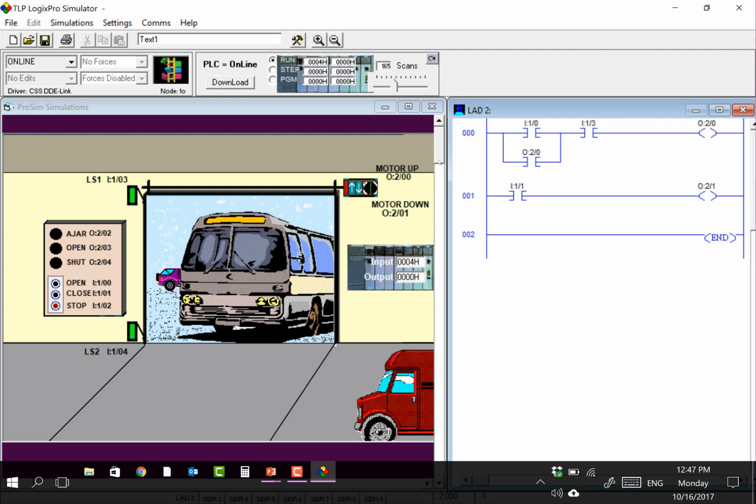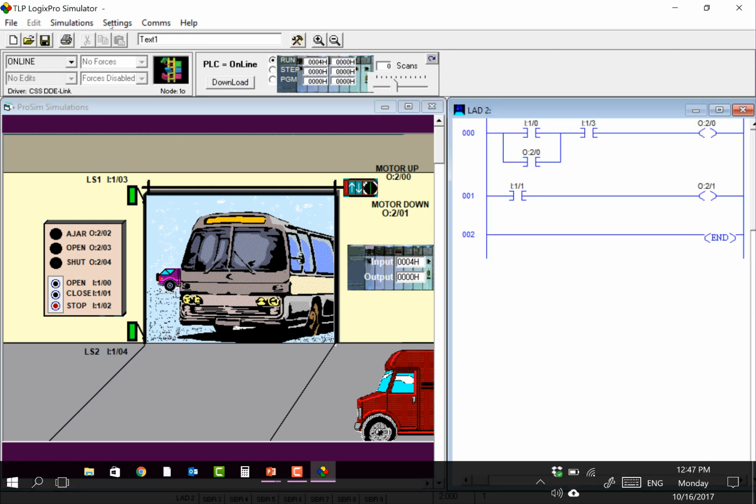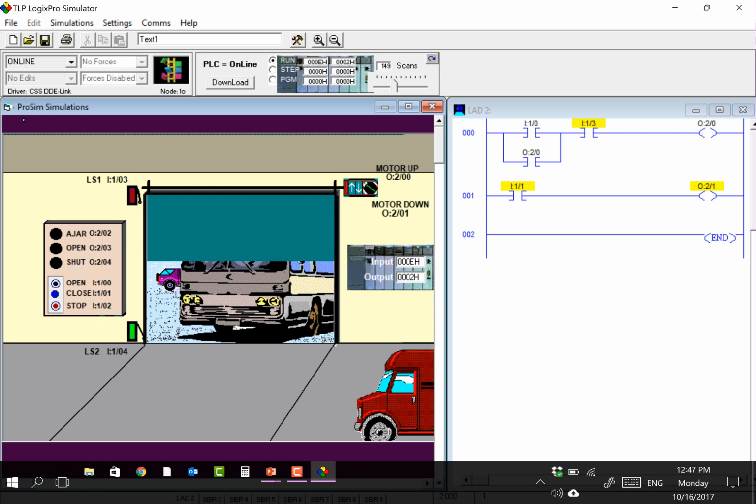So at this point we hit the run right here. I'm just going to show that the up works, so I'll just stop it before it gets to the bottom. And program download. And as you can see, it's going down. And as he mentioned before, I didn't put in the relays. I didn't put in the